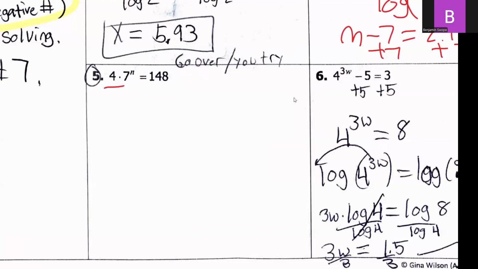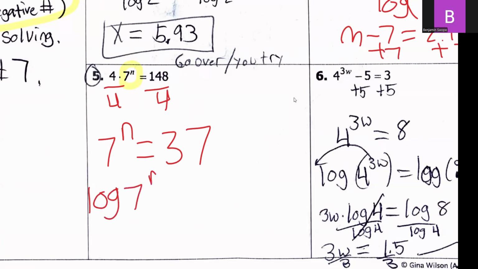But for this one, we've got to get the exponential part by itself. So I want to get rid of this 4, so I'm going to divide that over. And 148 divided by 4 is 37. Now we're ready to take logs of both sides. So I'll have log of 7^n equals log of 37. We're always going to use that power rule, move that n in front,